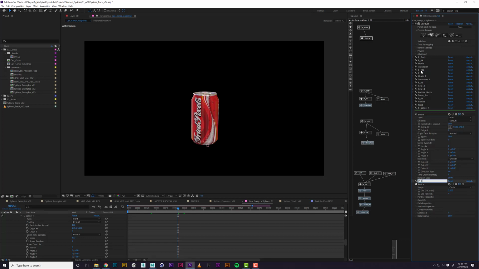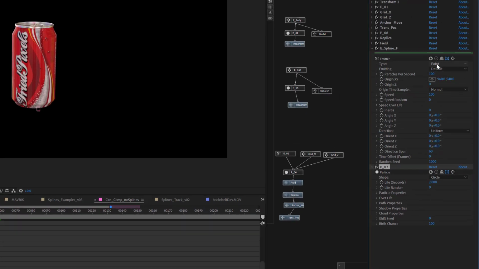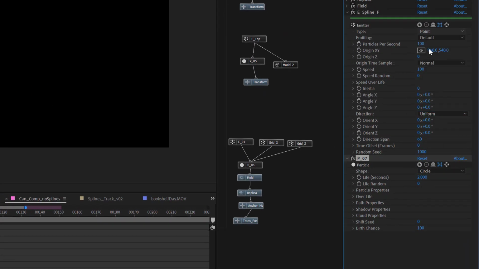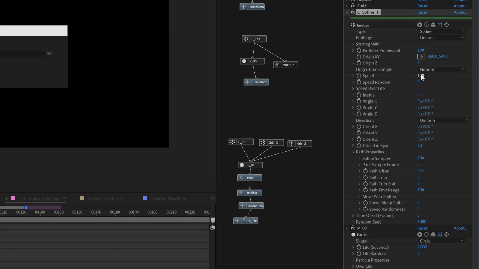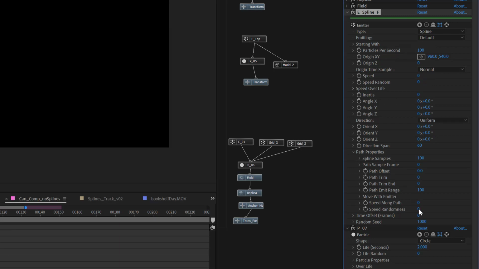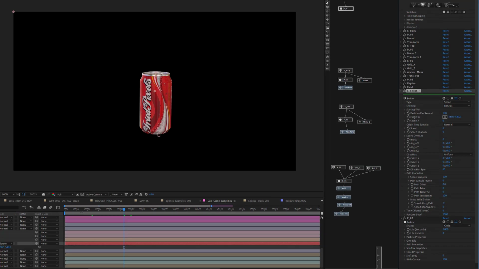I don't know, what are we up to here? Just do 7. Great. Let's do the same thing we did before. Let's set this to spline. We'll do default. We'll set our speed to 0, and let's do a long path 25.